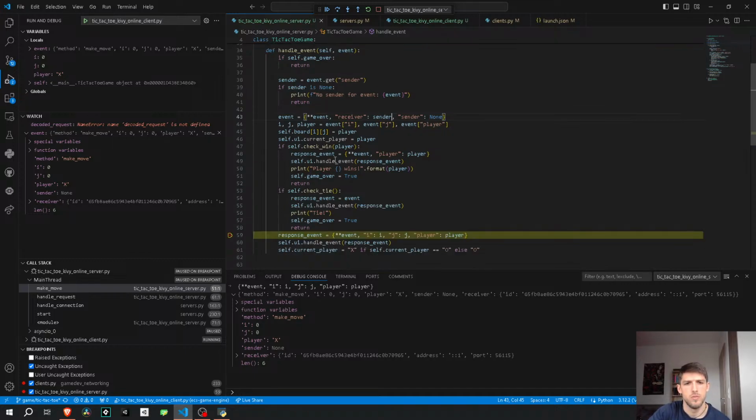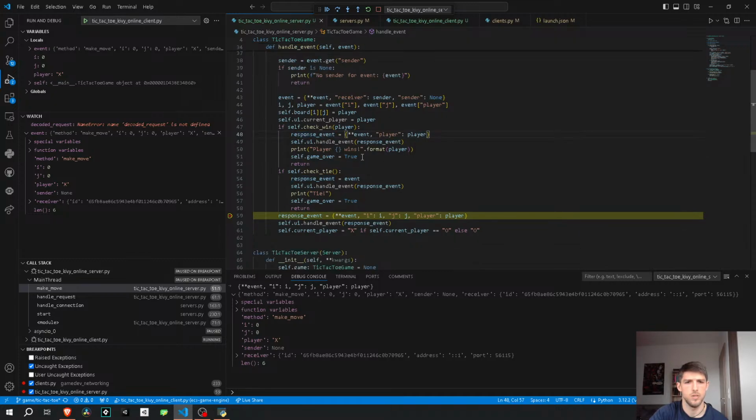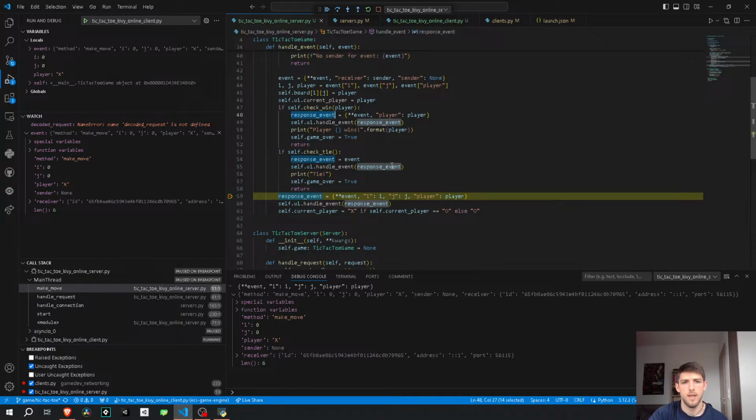And what else? What else? And here I can update the senders. I can generate a lot of many response events, and then for example,